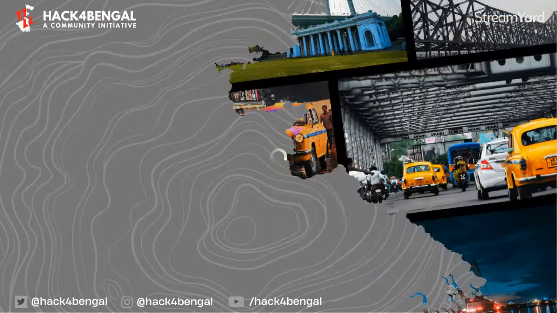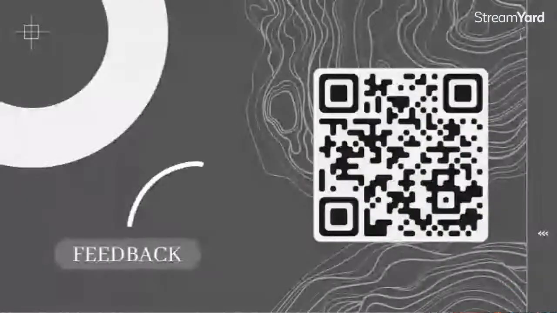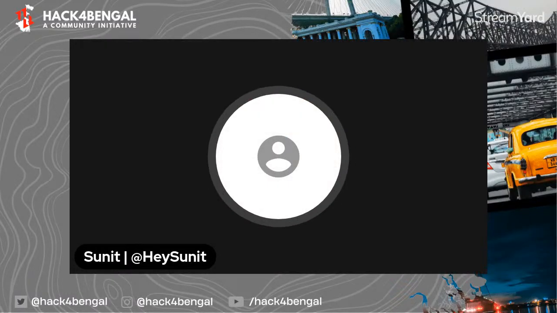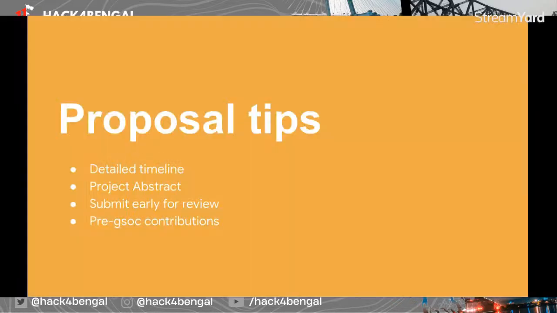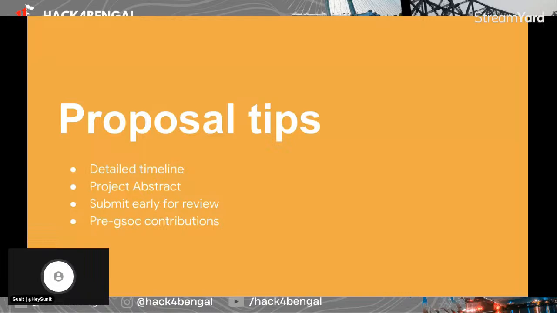So make a detailed timeline. You don't need to make things look really good. You can just be realistic, and also keep time for fixing bugs and talking with mentors, which will look really good to them.